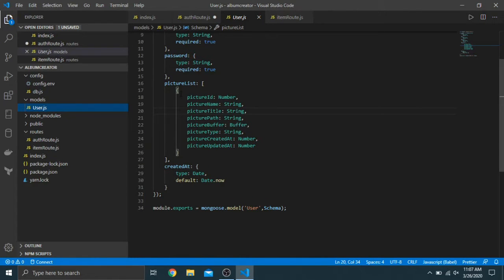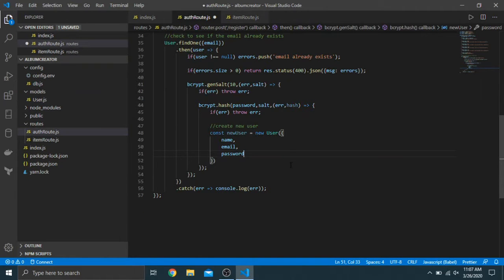That's why you'll see it's not required. And so basically you won't see this initially inside of the schema, but when we add a picture, it'll show up. And so basically now that we've created this new user, we just simply want to set the password. So we can do set new password to the generated